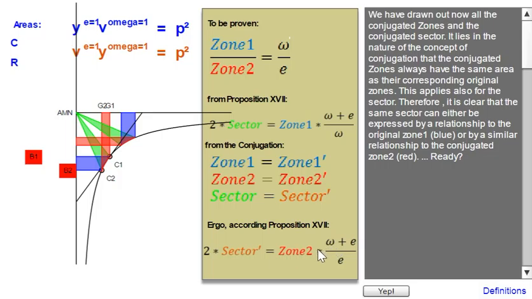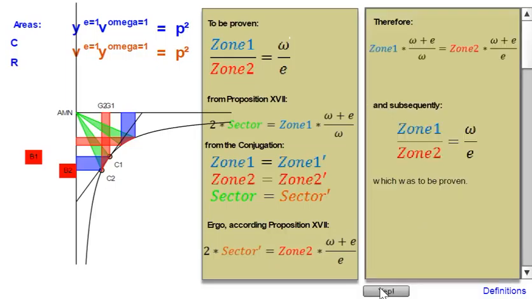And then you substitute sector dash for sector, and it means that you can directly compare those. So now you have the expression from here, zone 1 multiplied by omega plus e divided by omega as the dignity powers,